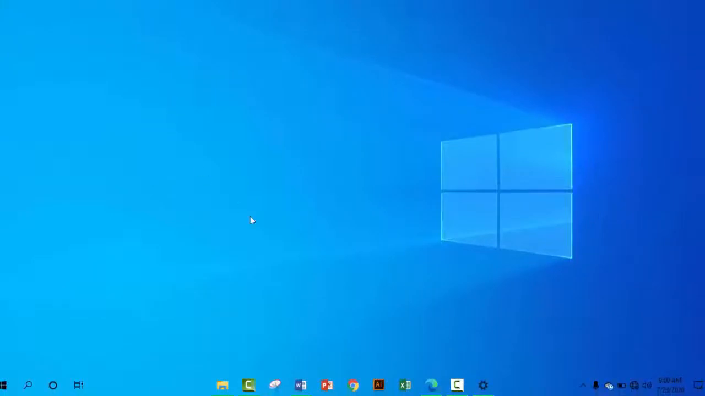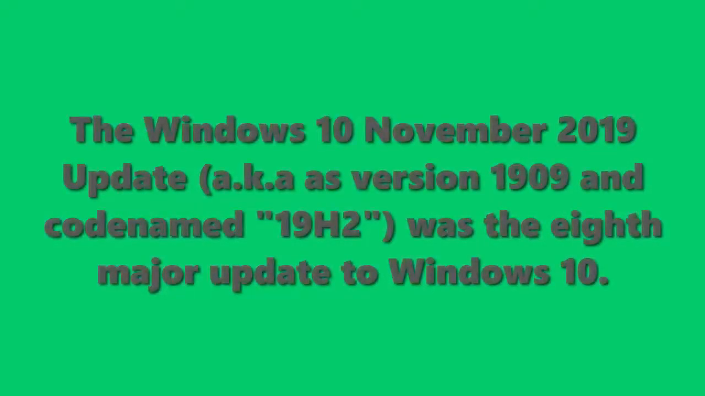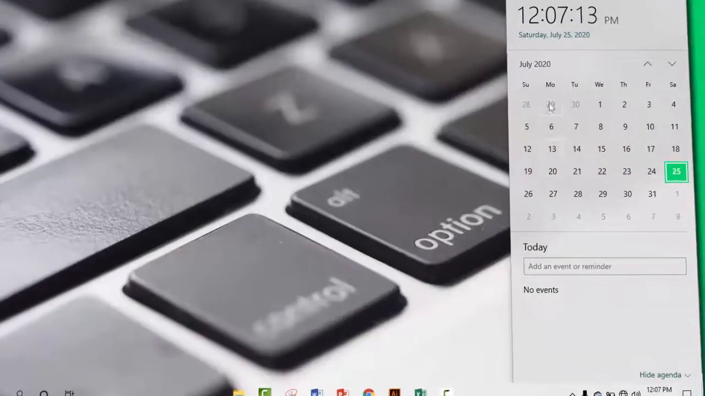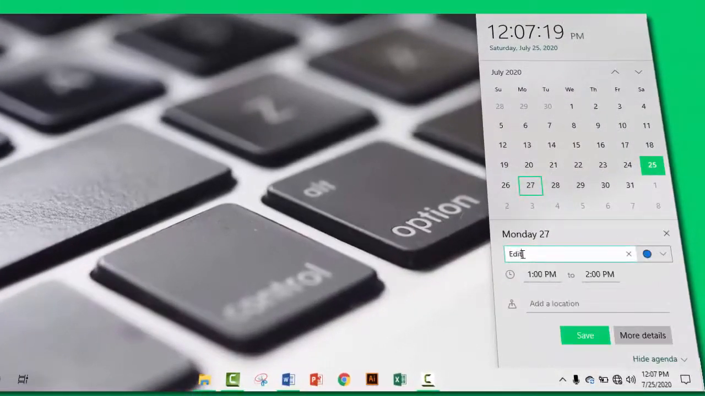The Windows 10 November 2019 update, aka version 1909 and codenamed 19H2, was the eighth major update to Windows 10. The update was delivered as a cumulative update to the May 2019 update. The update began rolling out on November 12, 2019. Remarkable changes in the November 2019 update included the ability to create events from the taskbar,